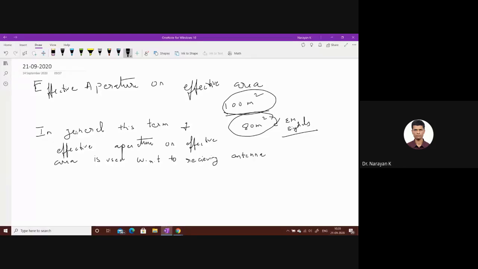So this is the major difference. This is with respect to the receiving antenna,